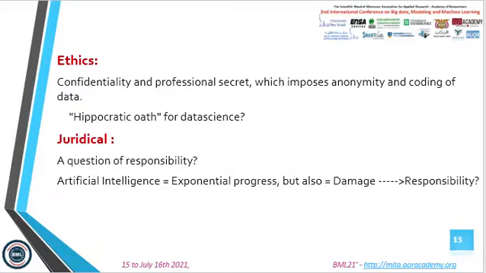And there we ask the question of responsibility. Artificial intelligence is the bearer of hopes of exponential progress, but without forgetting that it can be a source of damage in practice, and that as such it must be assigned a regime of responsibility.